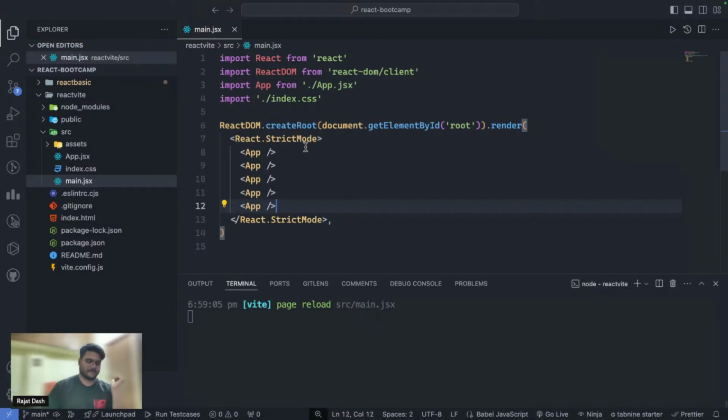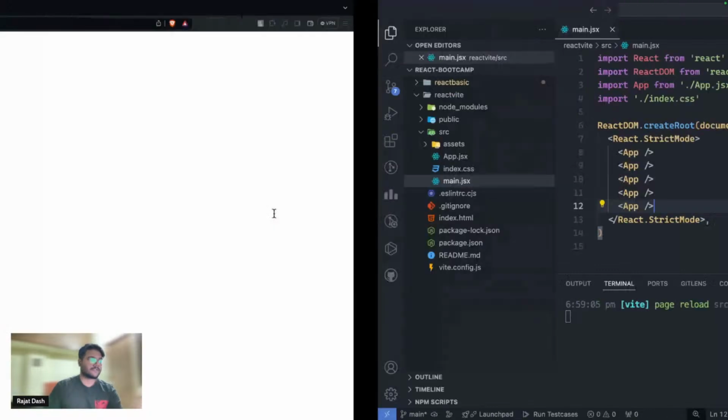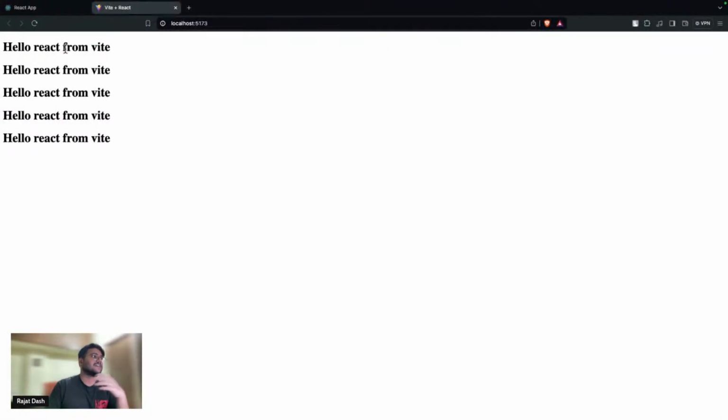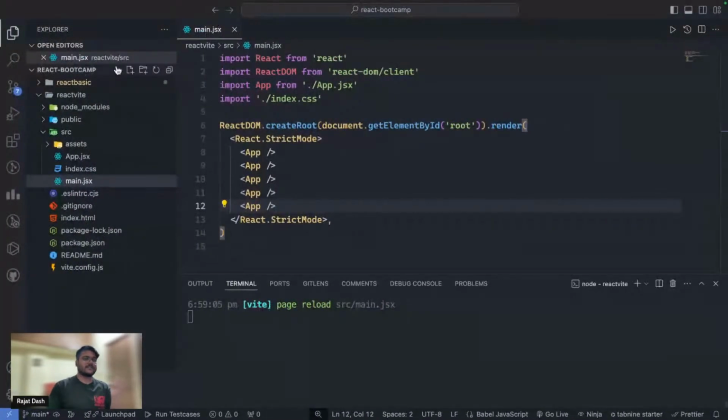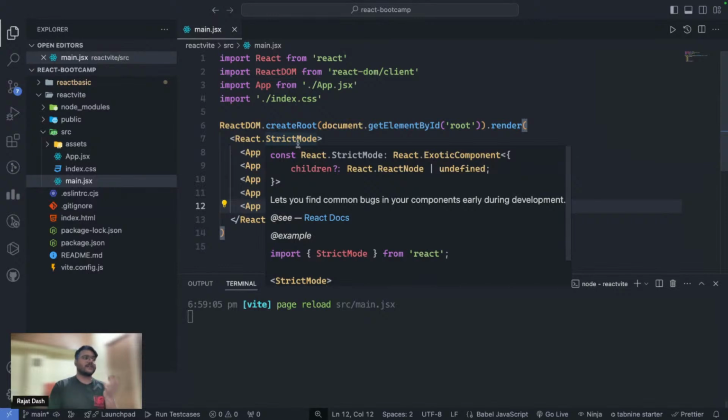Whatever is inside the app will be there in the web application 5 times, as I have used it 5 times out here. So if I go and see, you can see our H1 saying hello React from Beat is displayed here 5 times. Okay.